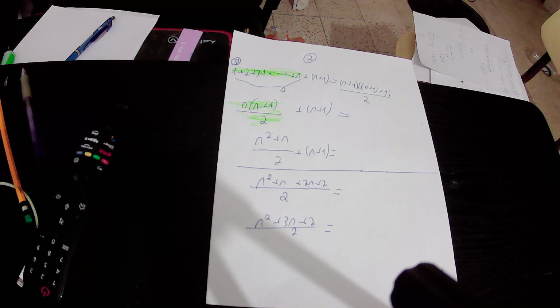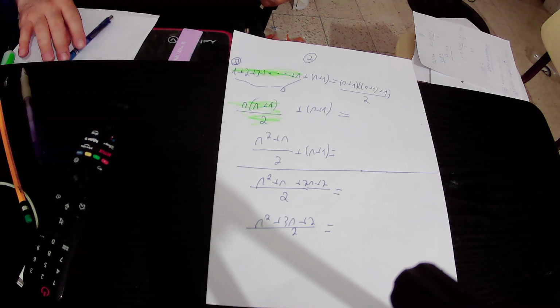And if you solve this quadratic equation, you will find out that if we say that n squared plus 3n plus 2 equals 0, then it is actually a quadratic equation, and